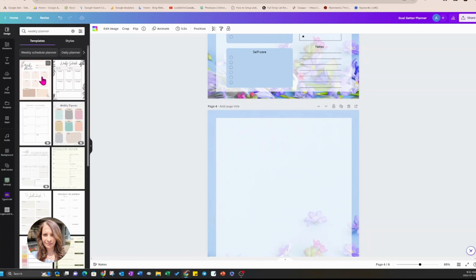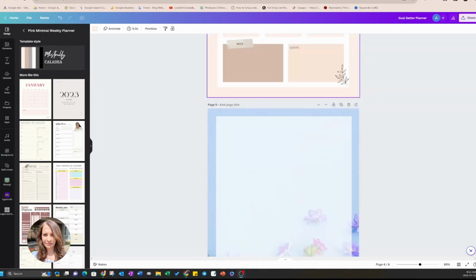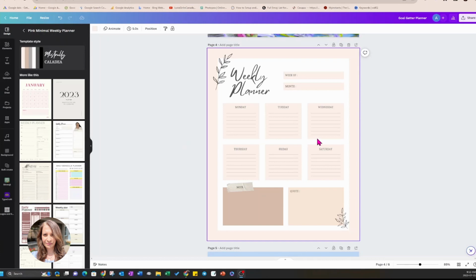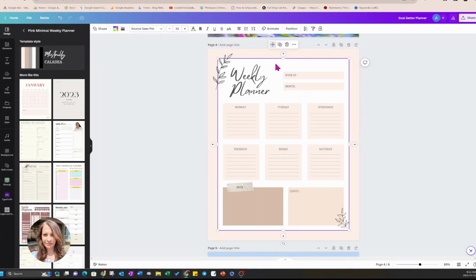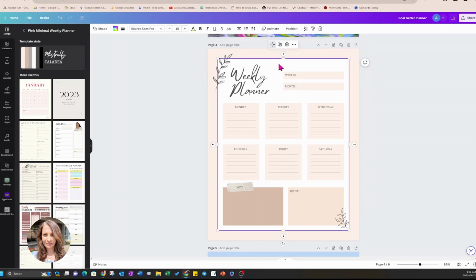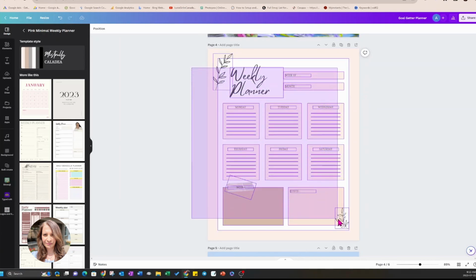And I am just going to grab this template right here, and I really don't care much for the background that's pink, but I am going to grab the rest of the elements on here,